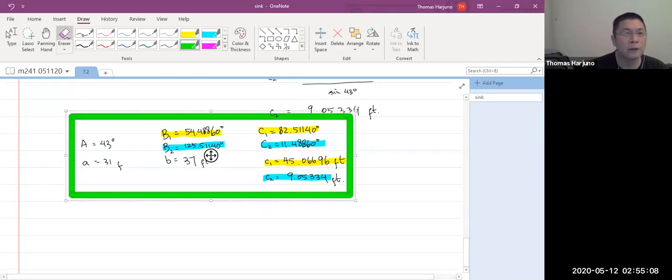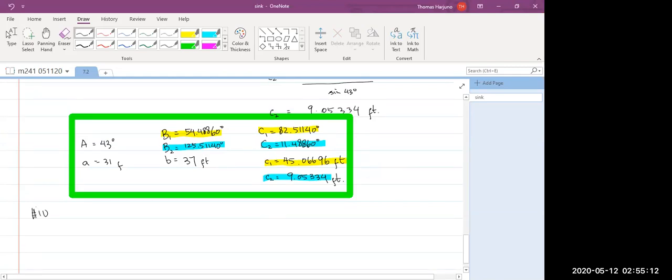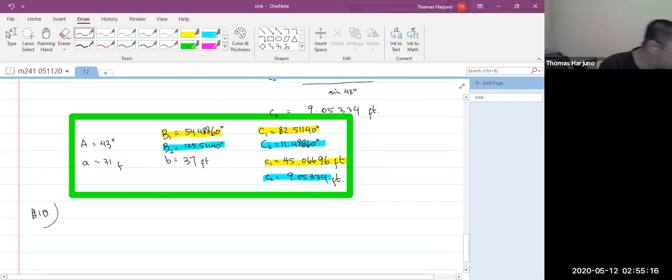How about number 10? Number 10. There's no solution because it's bigger than 1. Yeah, because the sine of angle B is greater than 1. Okay, so